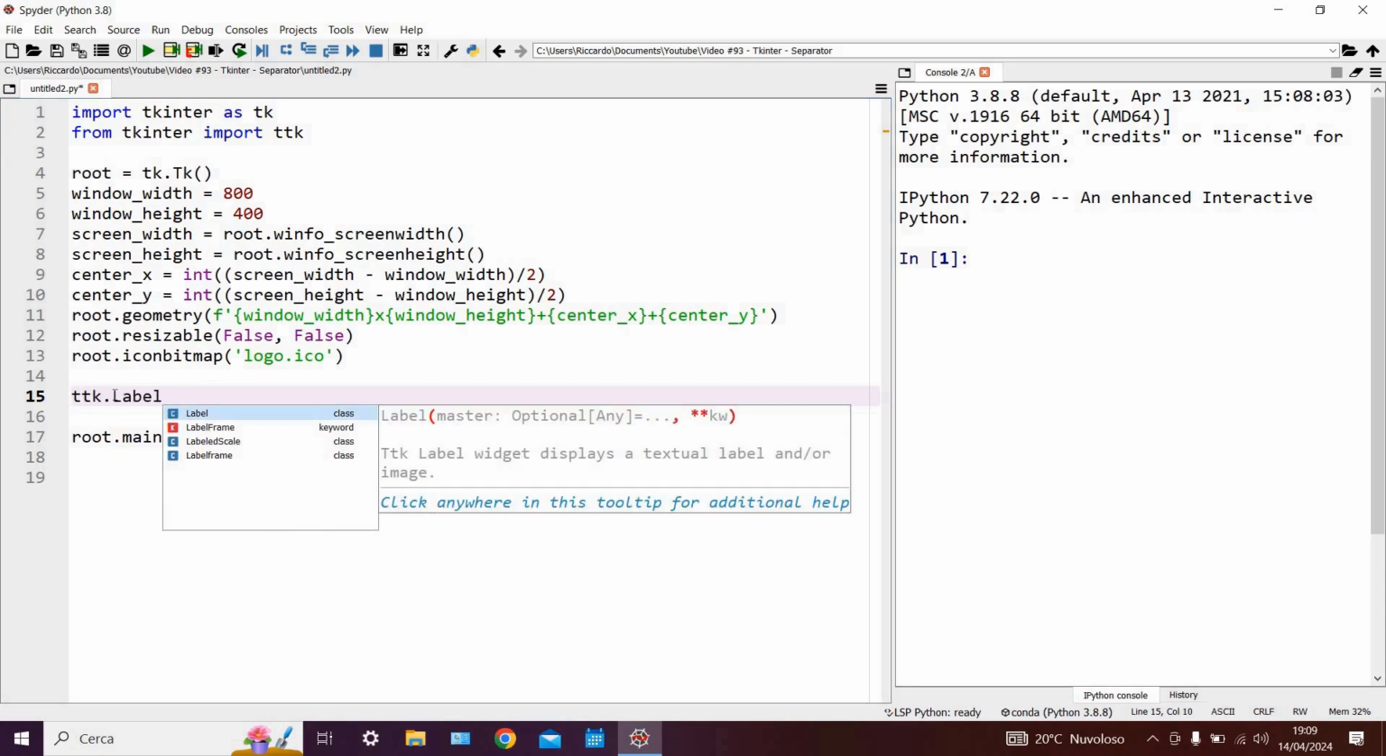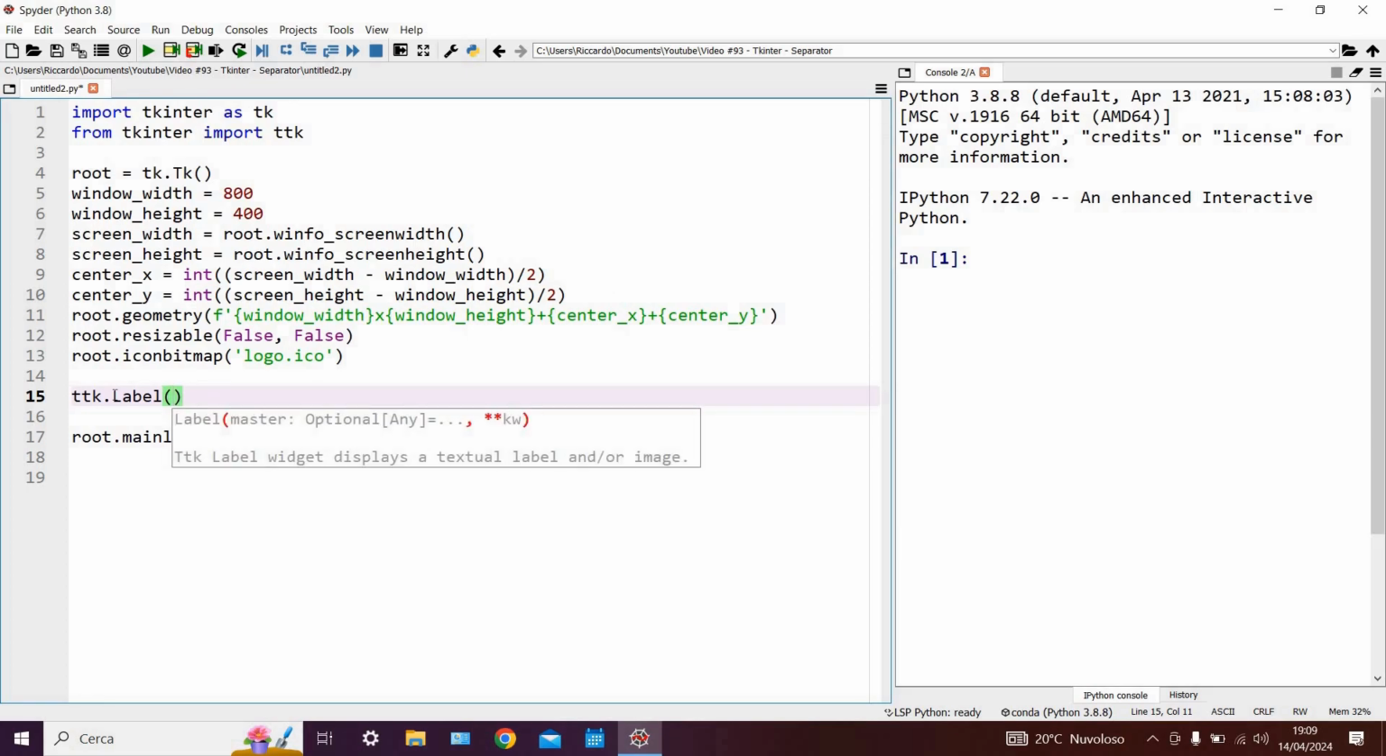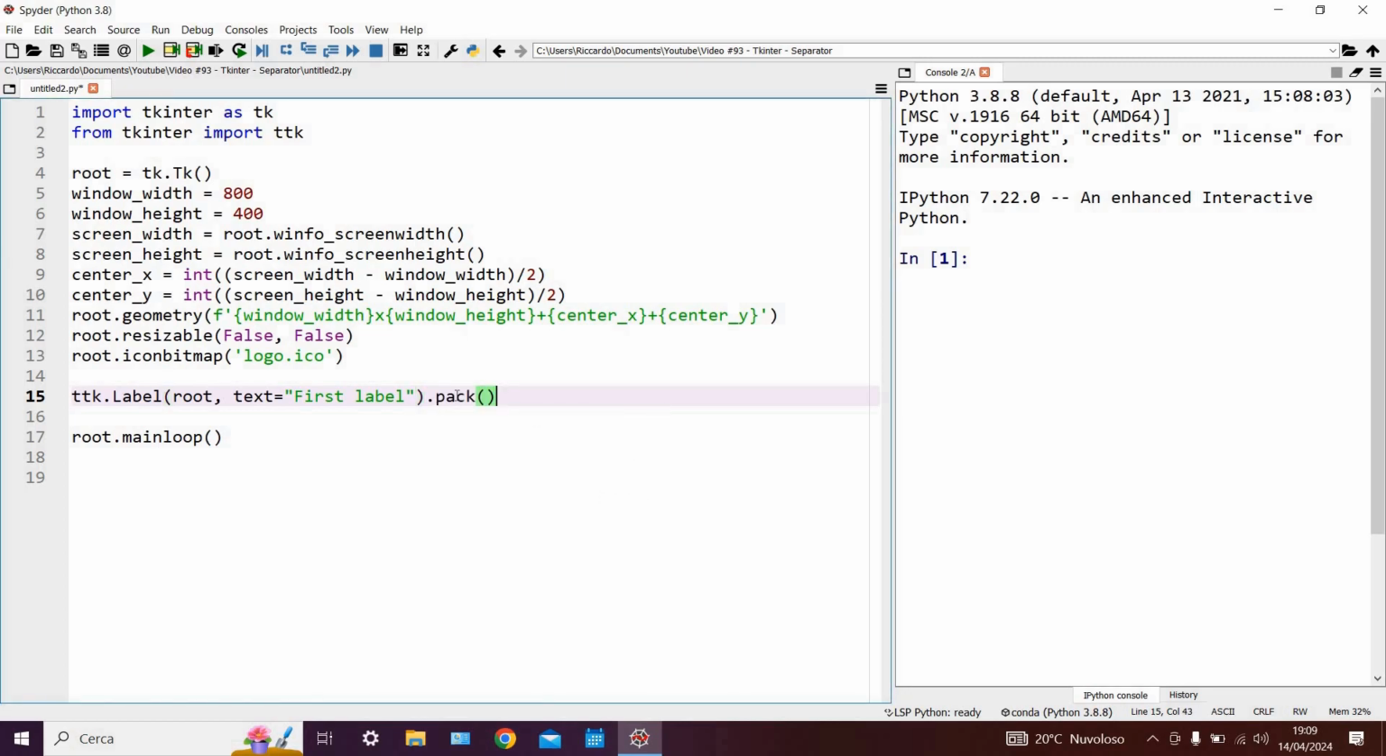ttk.Label. Let's use our new sub-library, and this will be root and then text equals "first label". Then we can also add .pack. In fact, we must add it. Then we can say